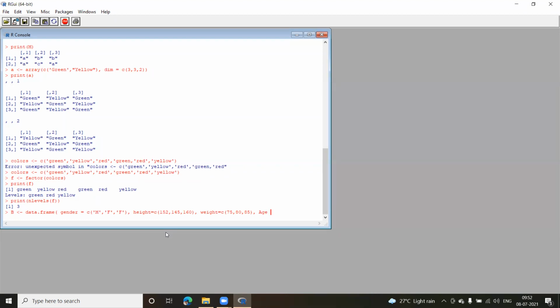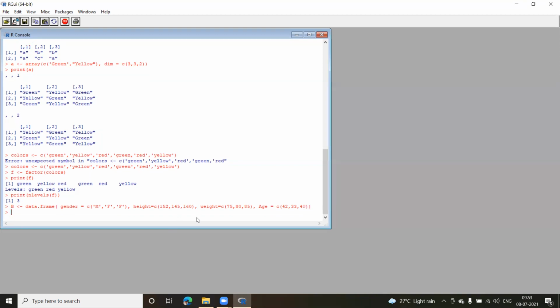So age also I can give c, round bracket. Let us give some ages as say 42, then 33, and let us give 40 again somewhere. Fine. Complete this round bracket. Now this round bracket is remaining for the frame, so one more round bracket is required.